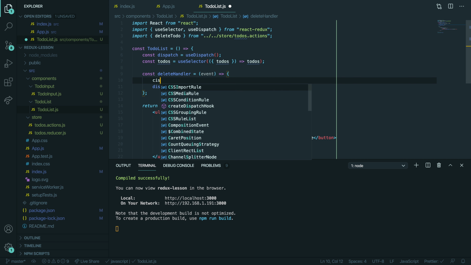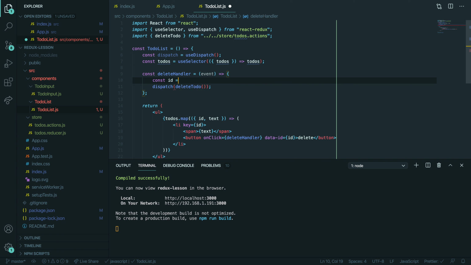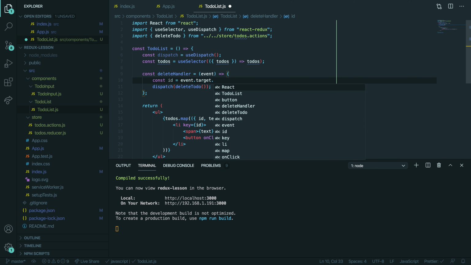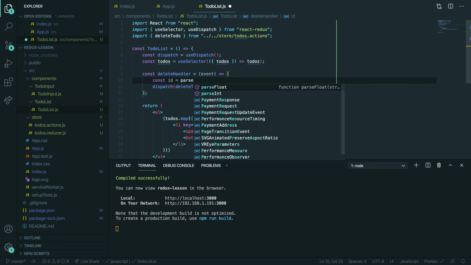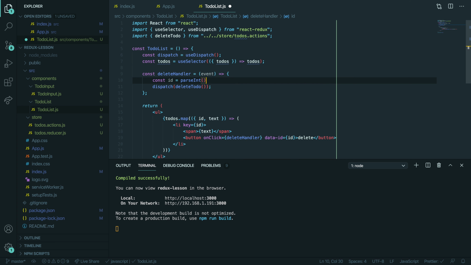So let me just const ID equals event dot target dot, how to get my data? Dataset. Thank you. Dataset dot ID, and that will be a string. So I want to have parse int like this, right? So we have ID. This is one way of doing that,